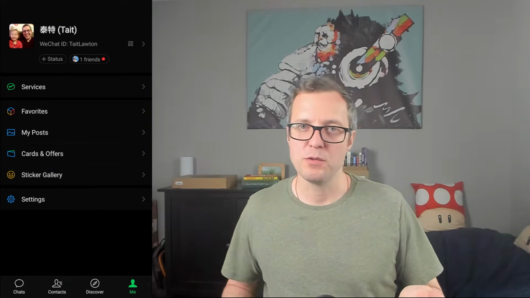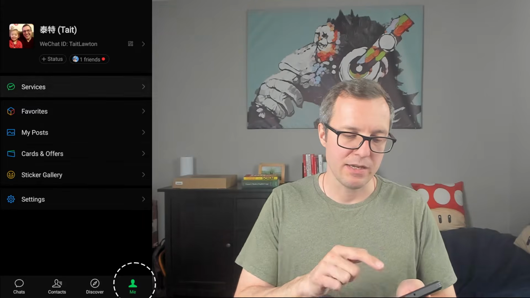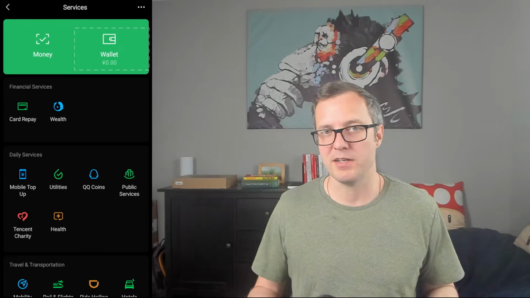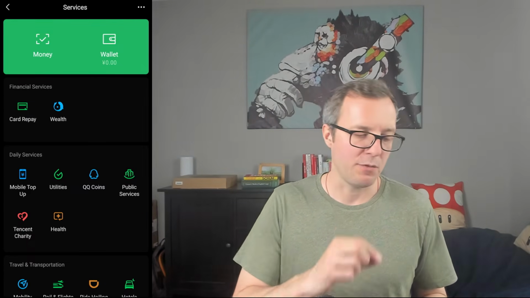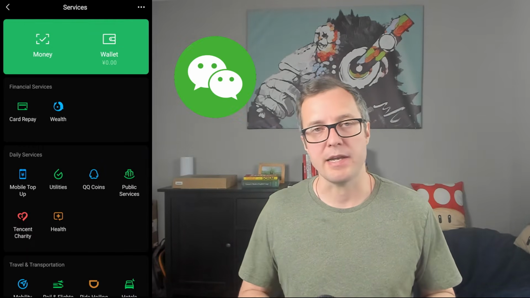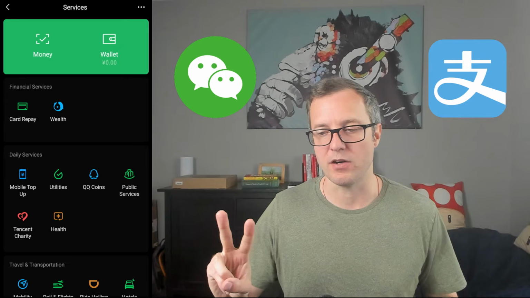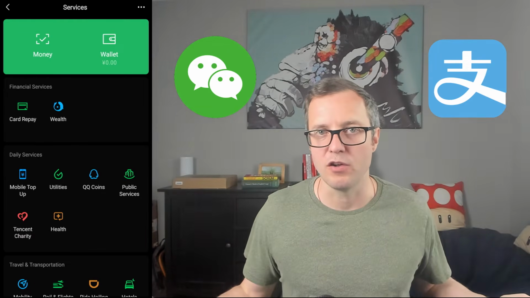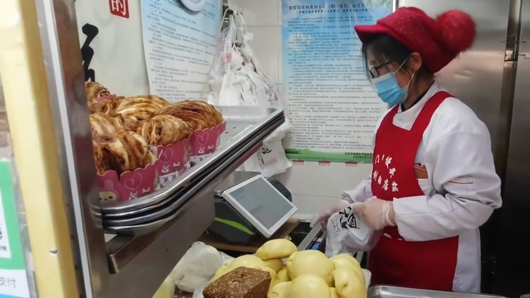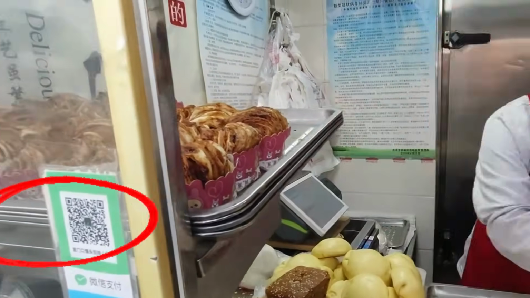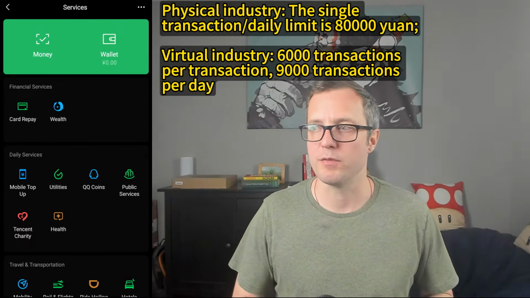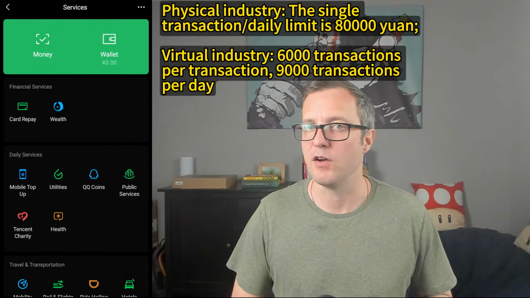Now let's check out something really cool called WeChat Pay. If I click on me and then services, I can see on the top my wallet balance is 0 yuan because I'm not in China right now, but if I was in China, I would probably have some money in my WeChat Pay or my Alipay. WeChat Pay and Alipay are the 2 payment methods that are used ubiquitously across all physical stores in China. For example, if a woman is selling steamed buns on the street, she'll also be charging WeChat Pay and Alipay most likely. You can use them for larger transactions as well. I think the limit for payments right now is 50,000 yuan on both of them.